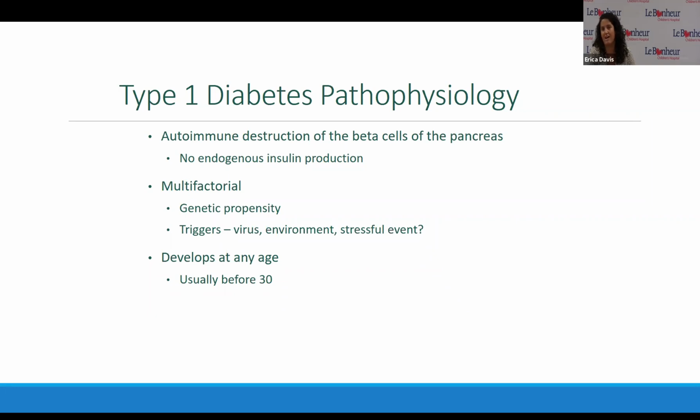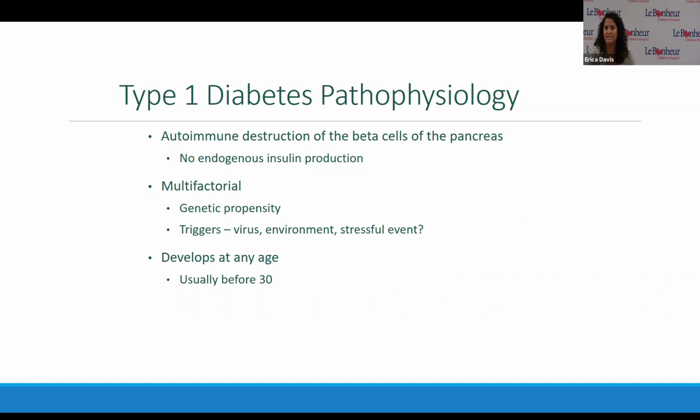The reason why this autoimmune destruction happens is not perfectly clear. We do see that it is multifactorial, and we know that there is a genetic propensity. So it does start with genes. A specific gene that we see a lot associated with diabetes is the HLA gene, even though there are some others as well. I always tell my kids and their parents in class that everyone in there has that gene, just the person at risk for diabetes, that gene is coded inappropriately. And so that's why we're not completely sure what's going on with diabetes.